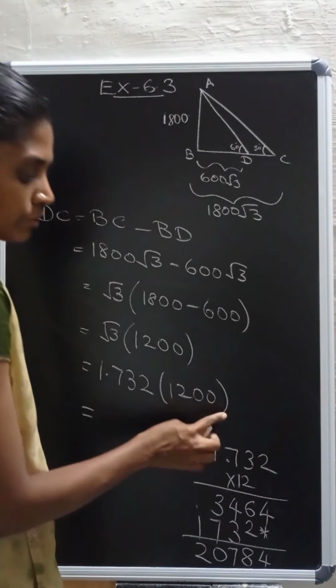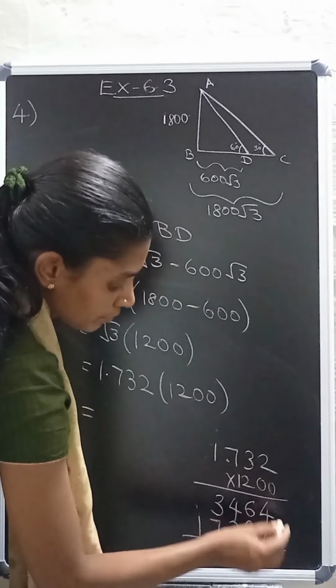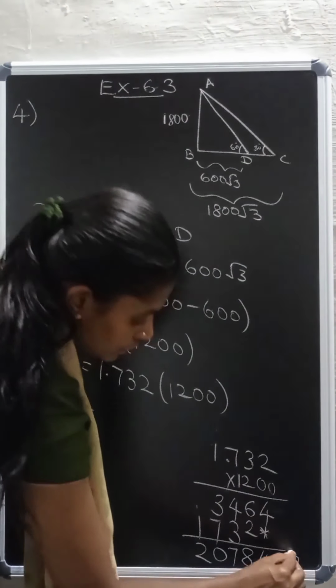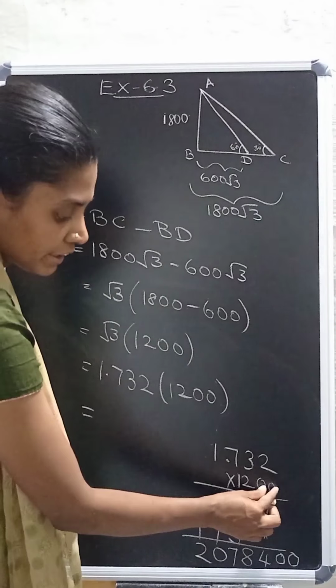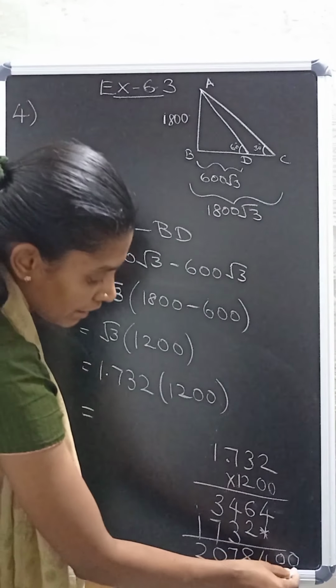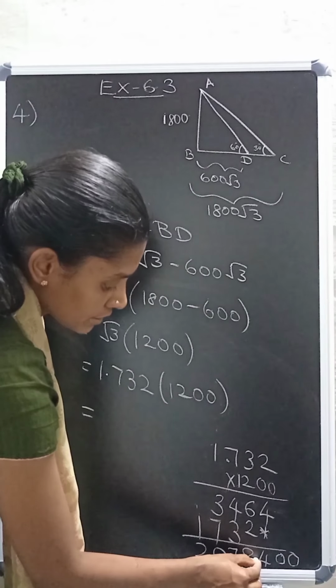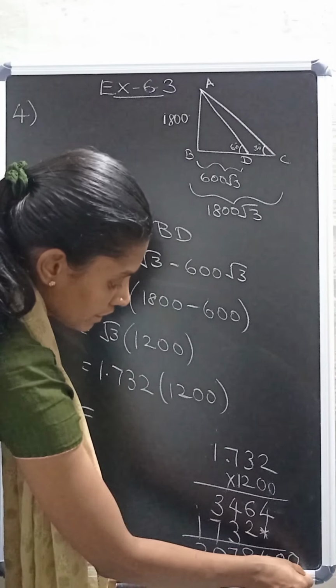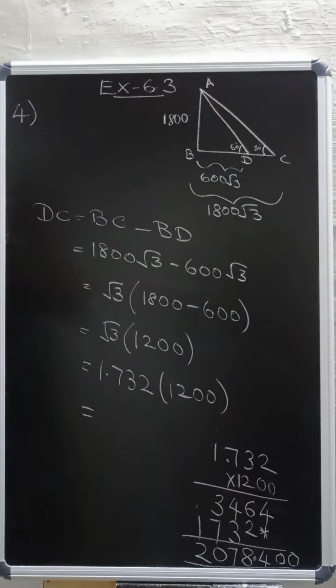Now, you have 1200 here. So, I am putting those two zeros now. So, to avoid the confusion, I am putting it at the end. Now after 3 digits you have the point. So here we will have the point,